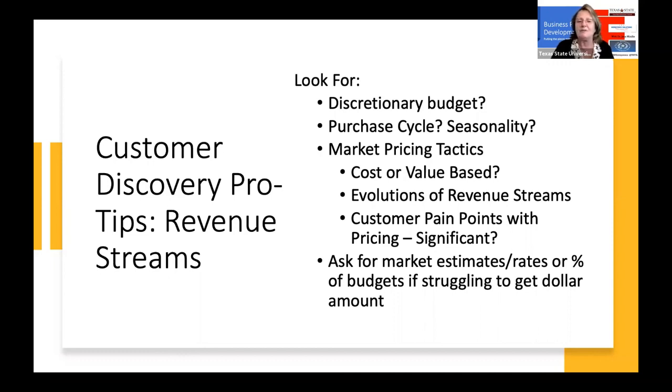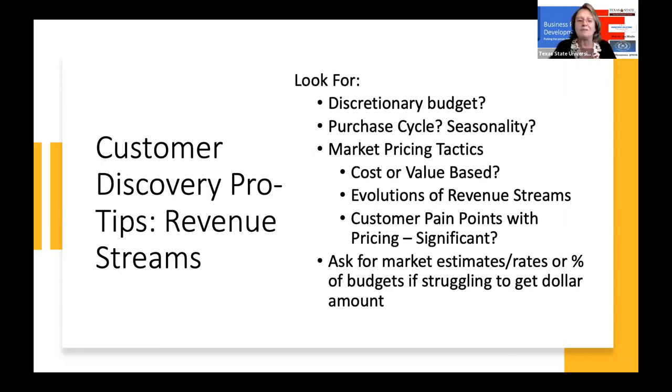Is it tied to a particular event occurring during a year? For instance, a purchase cycle seasonality to a time of year would be like chocolates near Valentine's Day, right? We normally have chocolates there. Or is it tied to a premiere of a movie pre-pandemic? Remember those? Going to a premiere of a movie? Yes. Market pricing tactics. Ask them, how do they do their pricing when they're thinking about buying a particular product